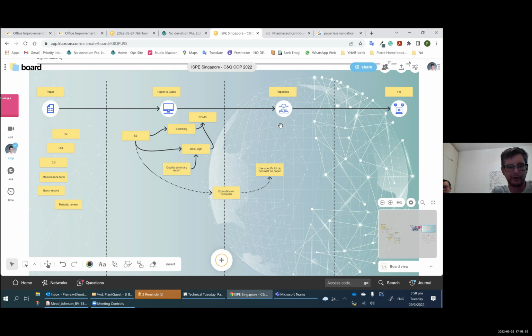A lot of the companies we work with at the moment are doing paper to glass, right? That means they're taking their paper process and putting it in a system so that people can key in the data directly into a computer without having to scan them, right? And that's the first necessary step, because once all that data is available directly in a digital form and not a scan form, right?